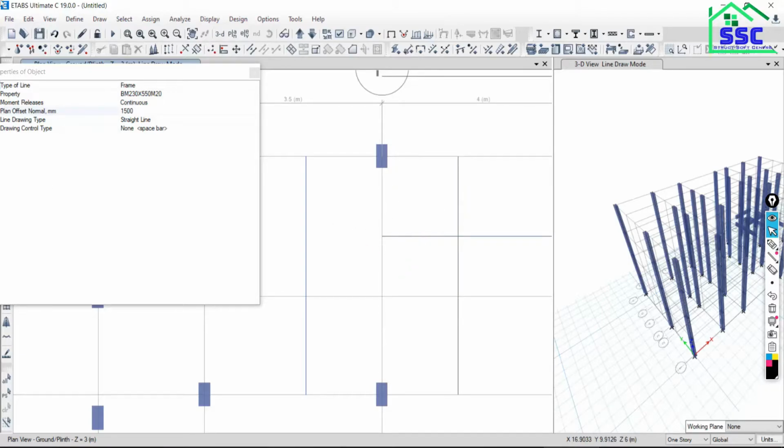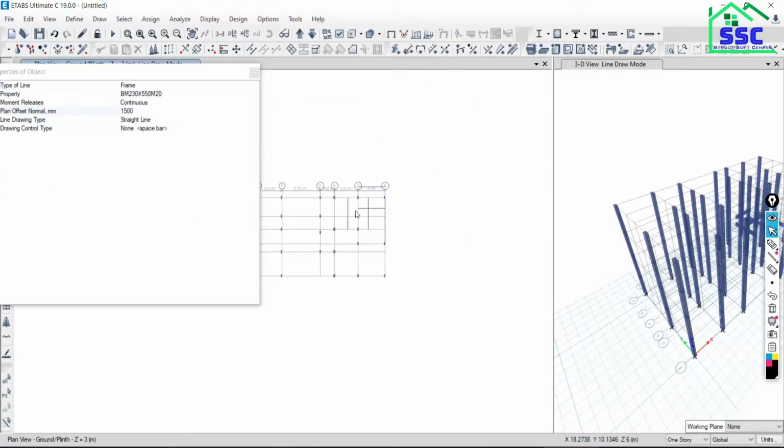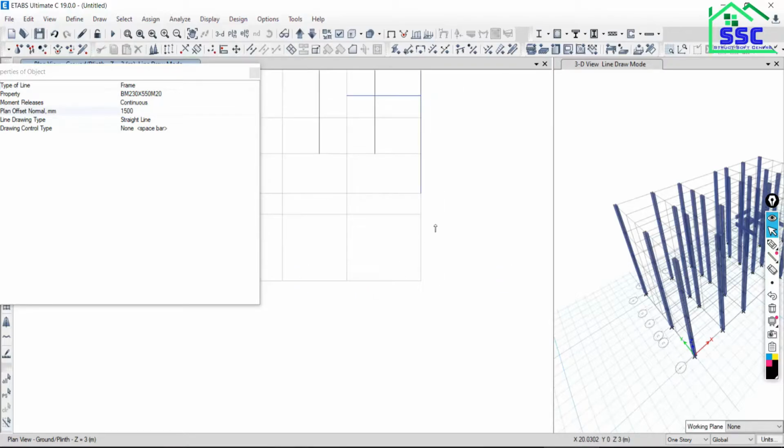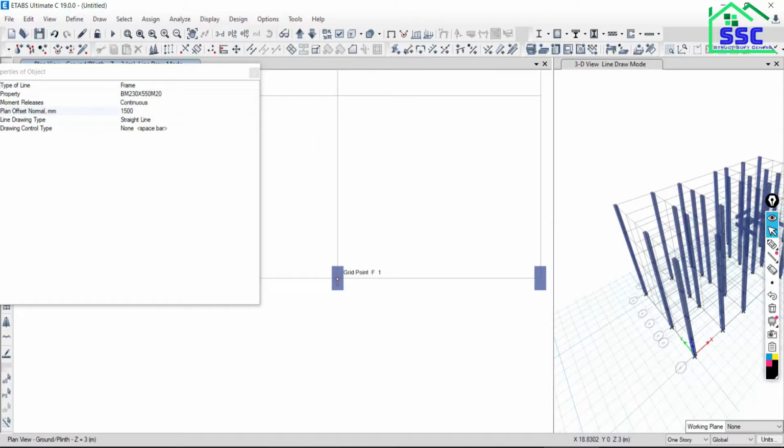So it is not important to remember all these things. Suppose while modeling I have to model on the upper side, and by mistake I am moving from right to left. So I get, oh, it is going to model on the bottom side. Just cancel it. Right click on your mouse so that the continuity will be broken, but the command will still be active. Now again move from left to right, so it will model on the upper side. Now it's okay. Just click. Is that clear?